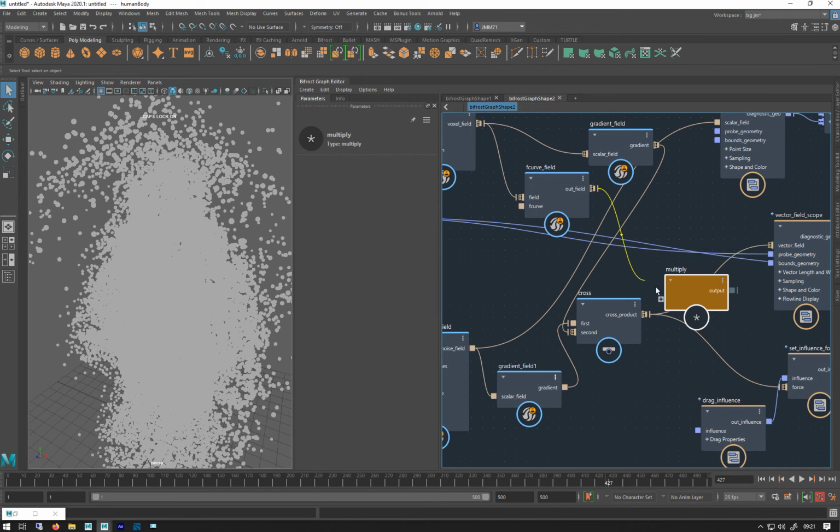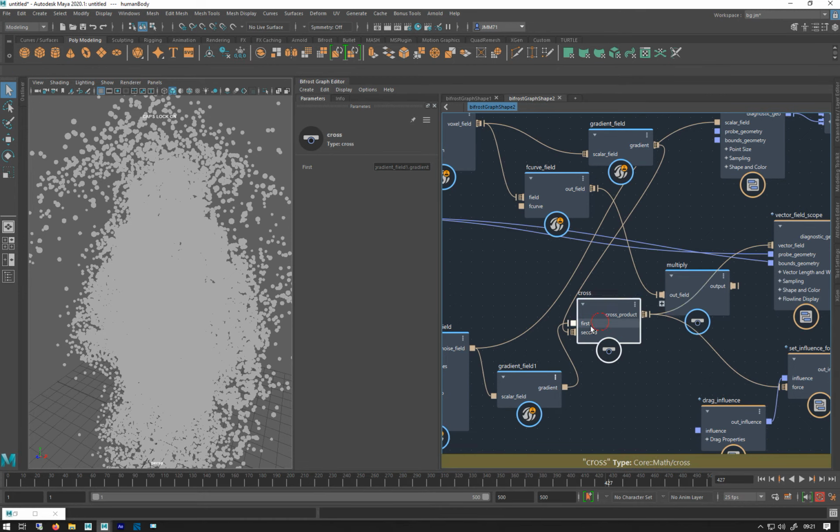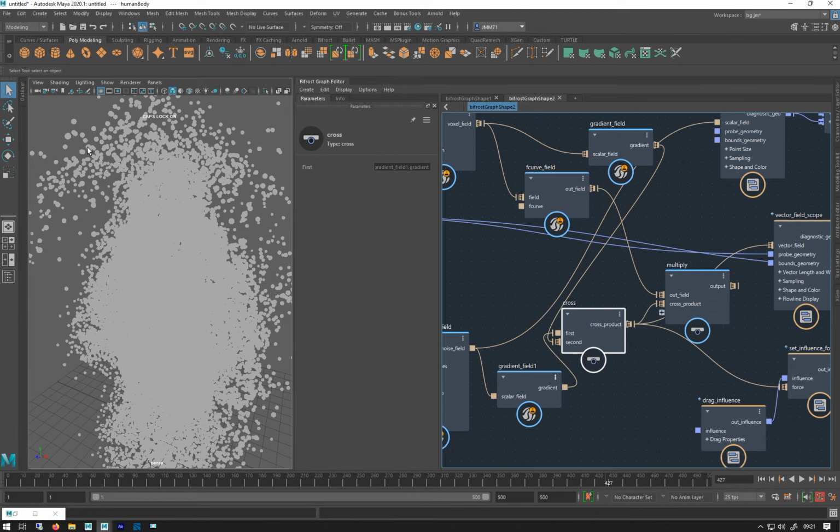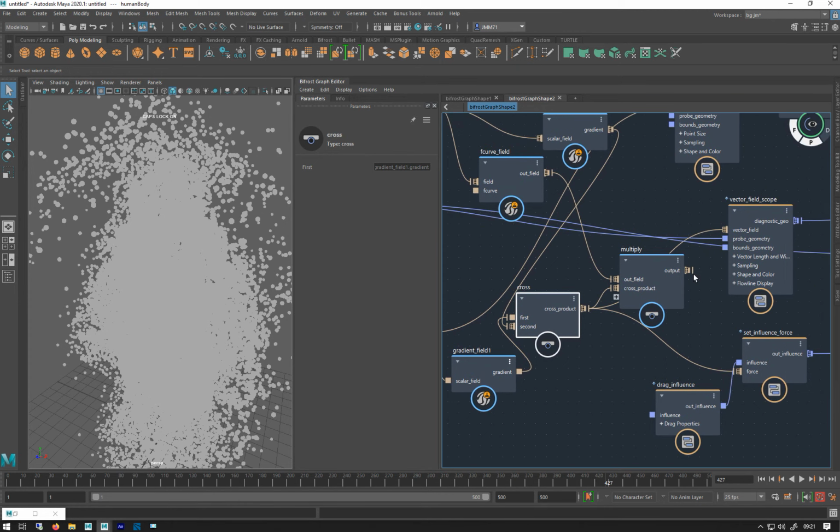So if you think about it now, this value is 1 right near the surface, but as it goes further away it gets less and less to 0. If you multiply something by 0 you get nothing. So everything that moves further away from this field, this turbulence field, will get less and less power. So if I now plug that in,